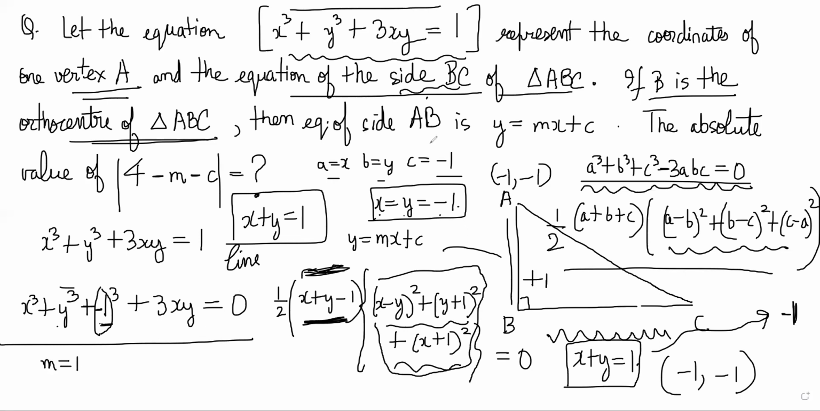And if M is plus 1 and minus 1 lies on it, you can say minus 1 is equal to minus 1 plus C, right? So C should be 0, right? So y is equal to x is this line, right? So 4 minus M x minus C will be 4 minus 1 minus 0,